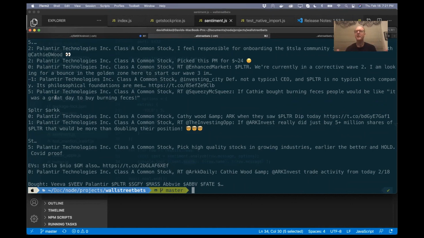But I thought it was kind of interesting to take a look and see what people are saying. And when you look at this data, it's pretty obvious that a lot of this is actually bot generated. There are people that have already created Twitter bots that are going out that are obviously trying to pump up a stock. So that's one of the things that is pretty interesting to look at, to see how other people are trying to play on people's emotions by using social media to pump up some of these stocks.